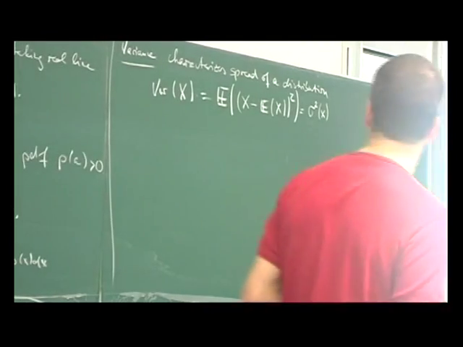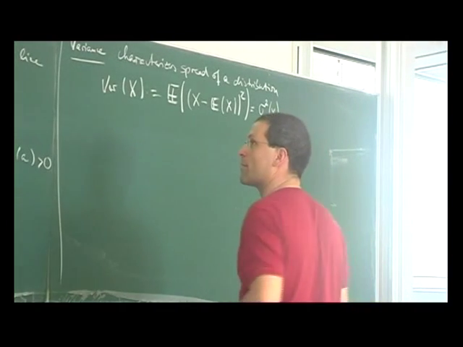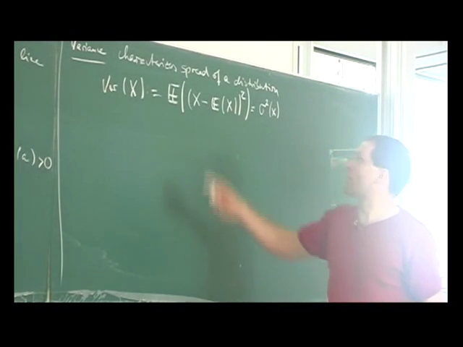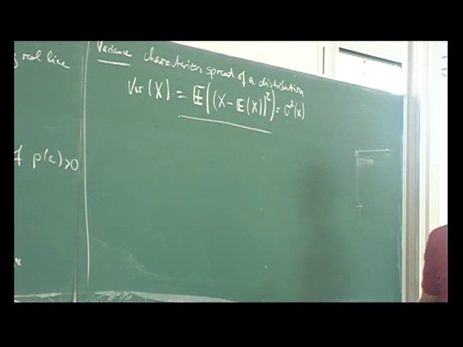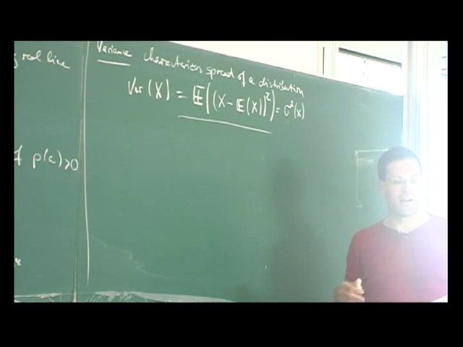Okay, and this is something that we will need in a few minutes. So the expectation tells us where a distribution lies, the variance tells us how broad it is, and then